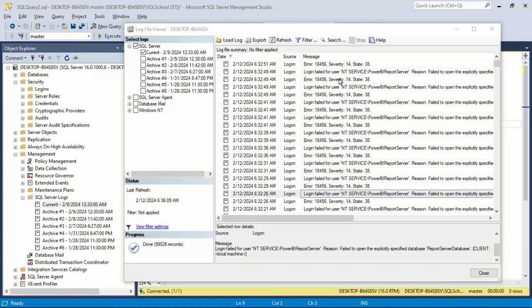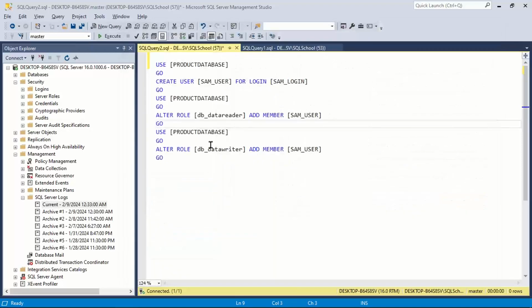We have the frequent errors over there, right? Yes, I just stopped the error for Power BI, and now